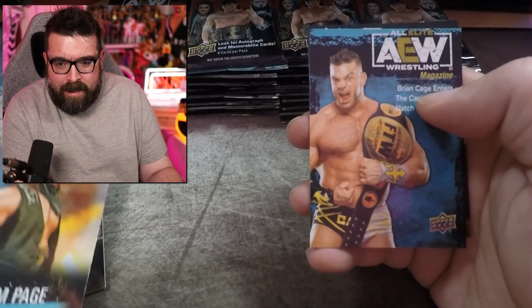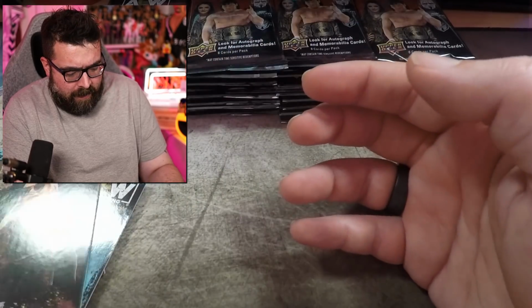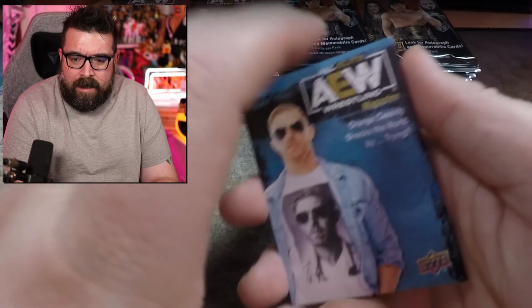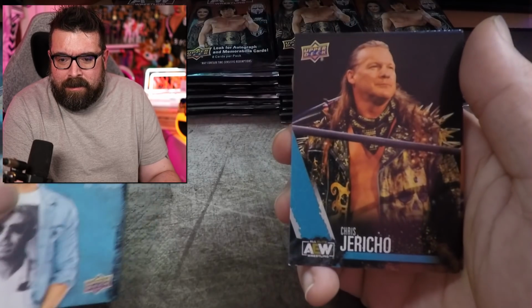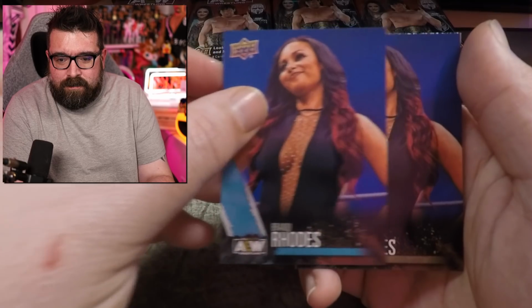We've got Hangman Page. We have Brian Cage as a magazine cover. And then Penelope Ford. Let's see what we have got. See, we've got another Jungle Boy on the back there. So we've got an Orange Cassidy magazine cover. I'm not sure how I feel about the magazine cover ones, but I guess it's just something a little bit different. Another Chris Jericho. Randy Rhodes, who of course also...